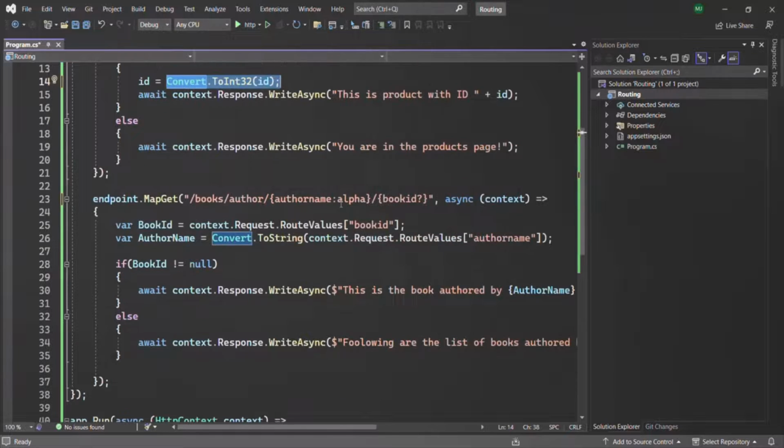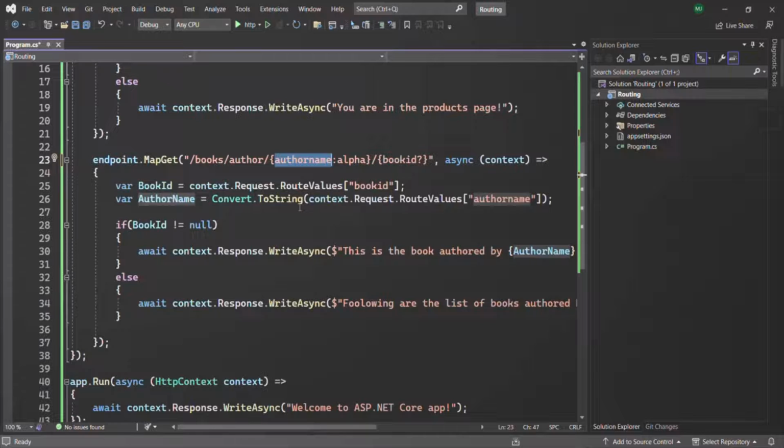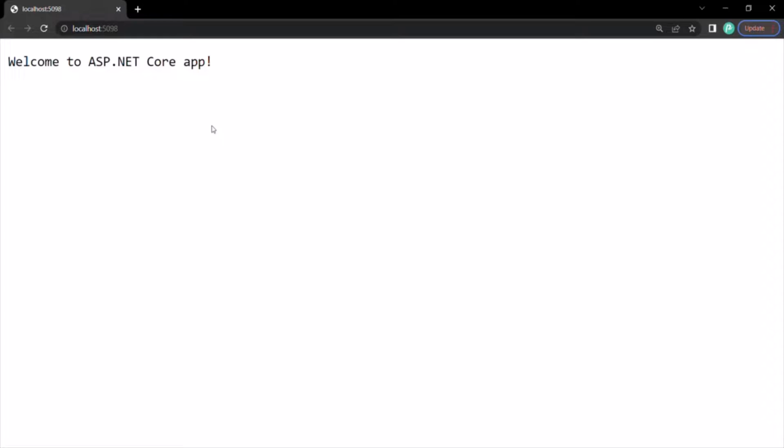Okay. Now here we are specifying the type for this author name route parameter as alpha. So now for this author name route parameter, we should only receive a text value. We should not receive a numeric value or an alphanumeric value or anything like that. Let's actually test that. So let's go ahead and run this application again. And here, let's type root URL